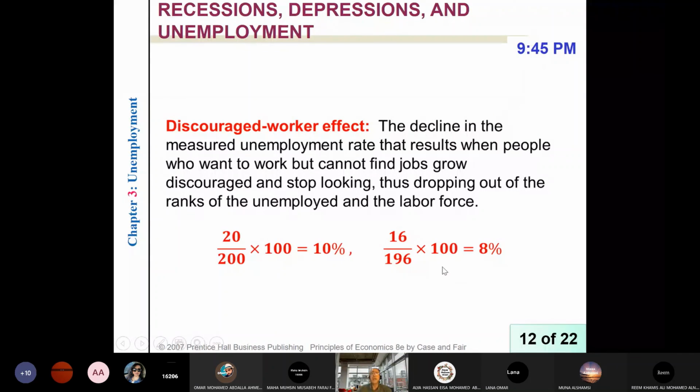Recalculate the unemployment rate. Consider 4 of them are discouraged. So decrease the number of unemployed from 20 minus 4, it will be 16. Since unemployed is part of the labor force, decrease the number of labor force by 4, it will be 196. So calculate the unemployment rate, it is 8%. So this is the formal unemployment rate. Unemployment rate seems to be less,